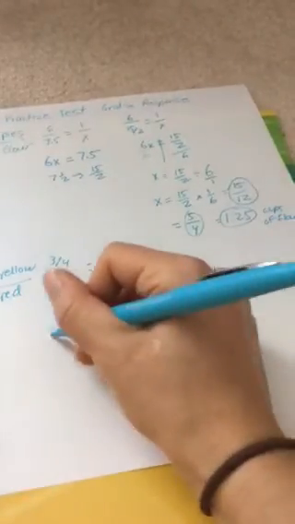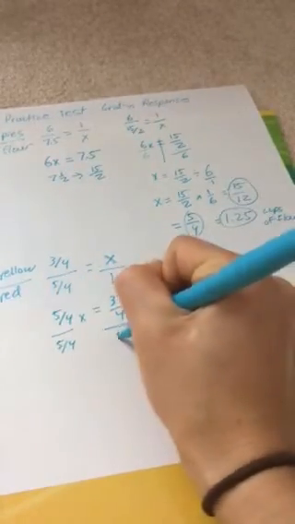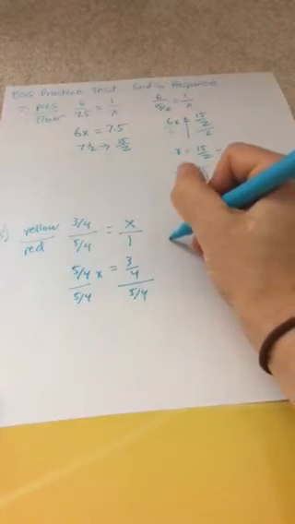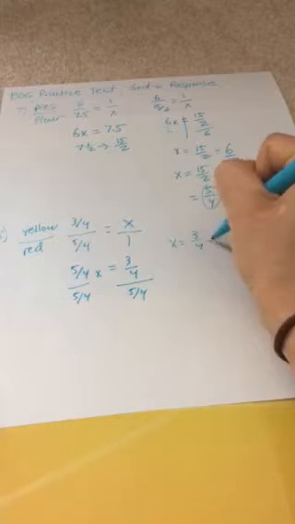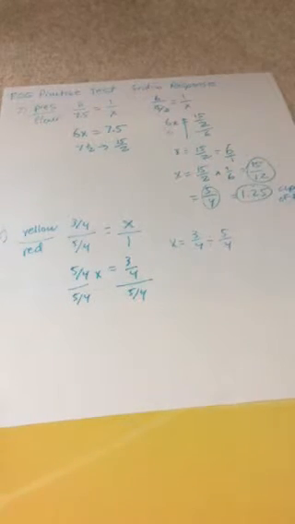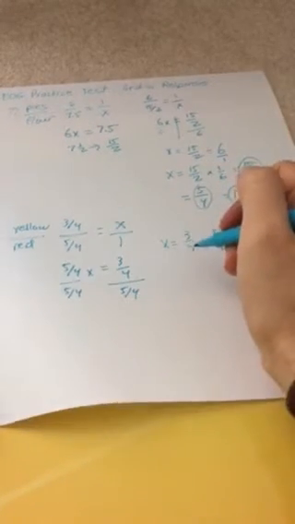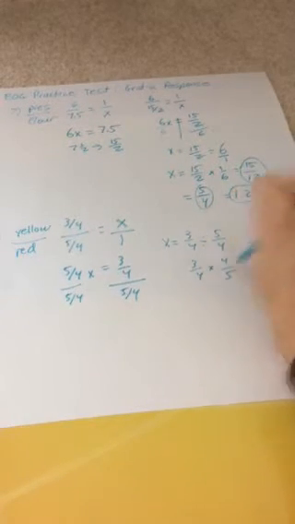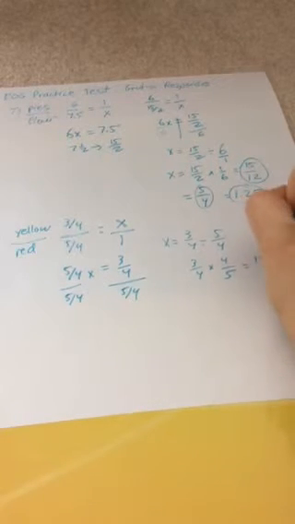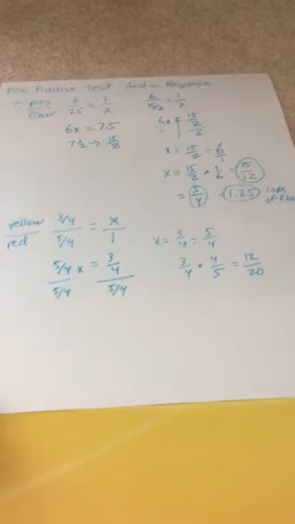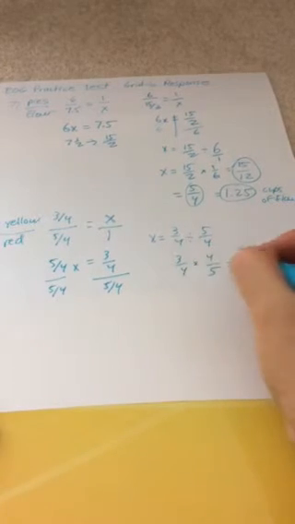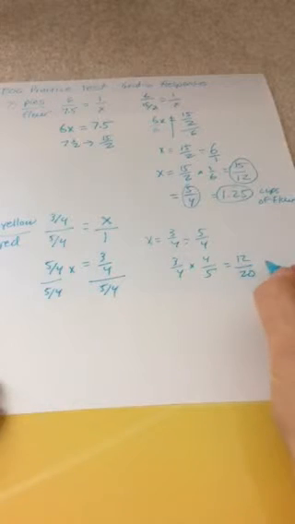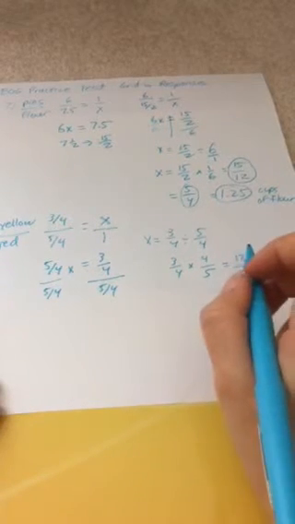Then we're going to divide both sides by 5/4. So we get that x equals 3/4 divided by 5/4. Just like we did last time, we need to do keep, change, flip, which then equals 12/20, because 3 times 4 is 12 and 4 times 5 is 20. Then just like we did for the last one, we're going to reduce it. So divide top and bottom